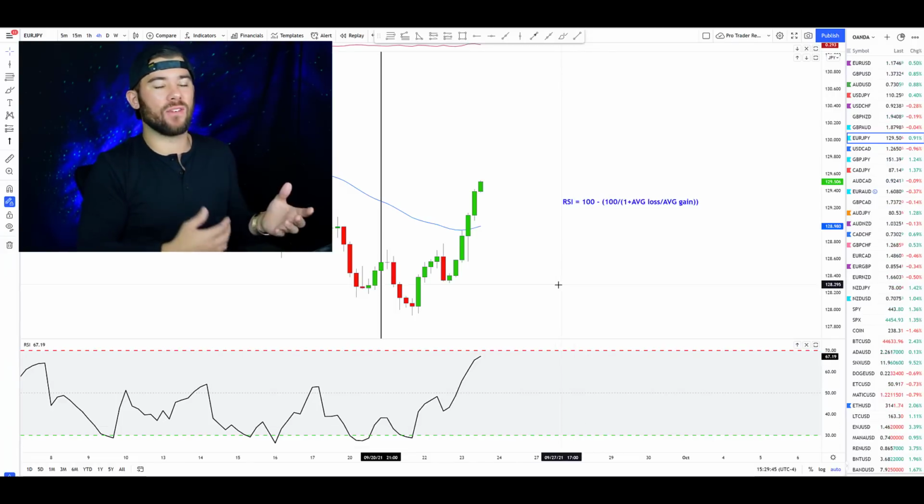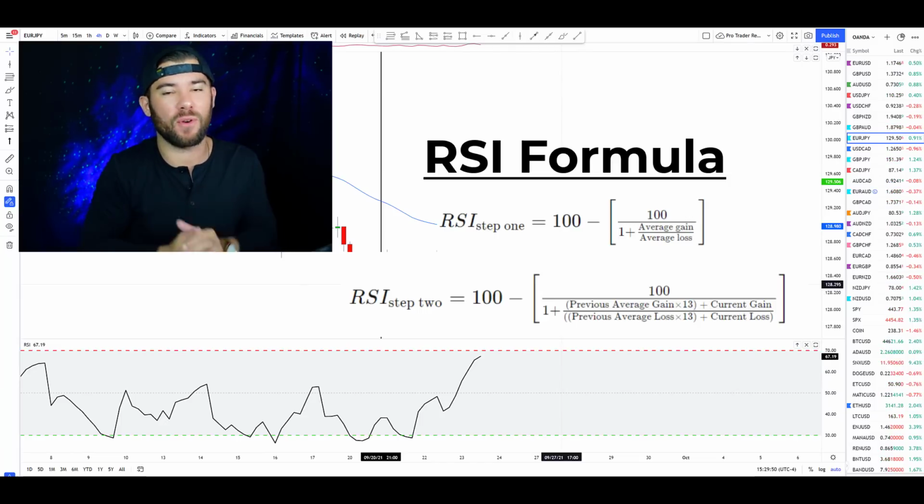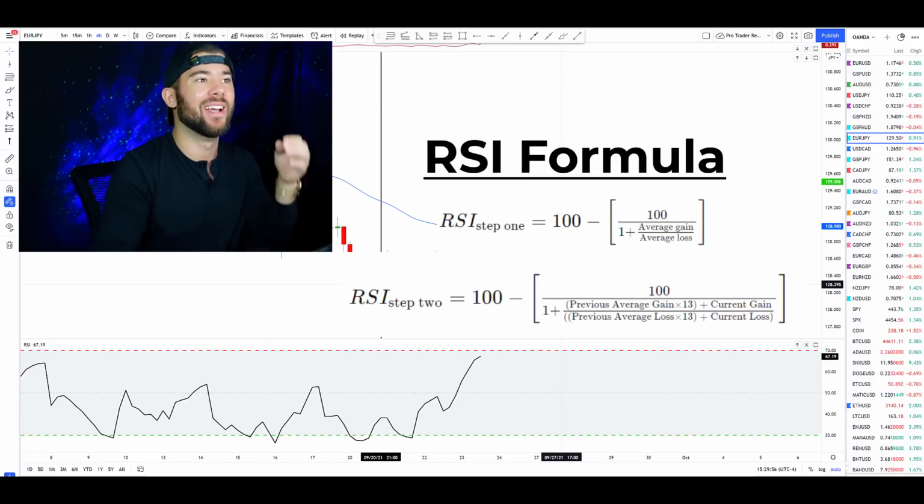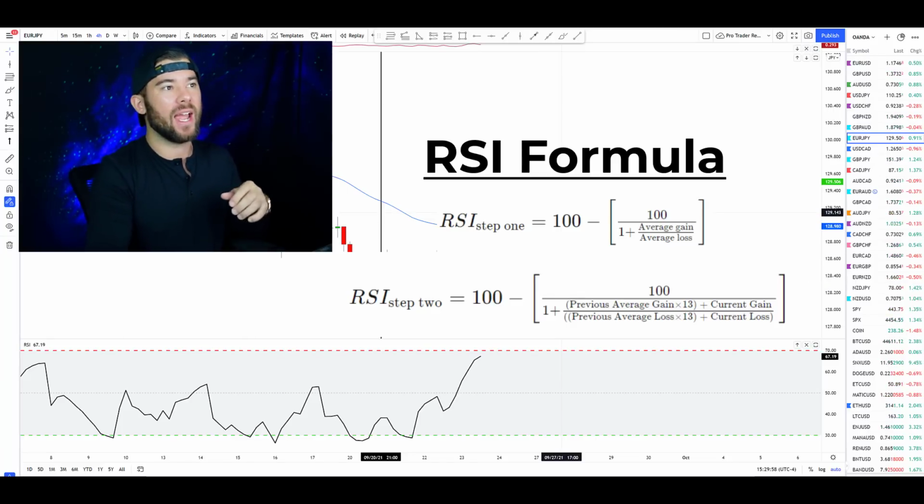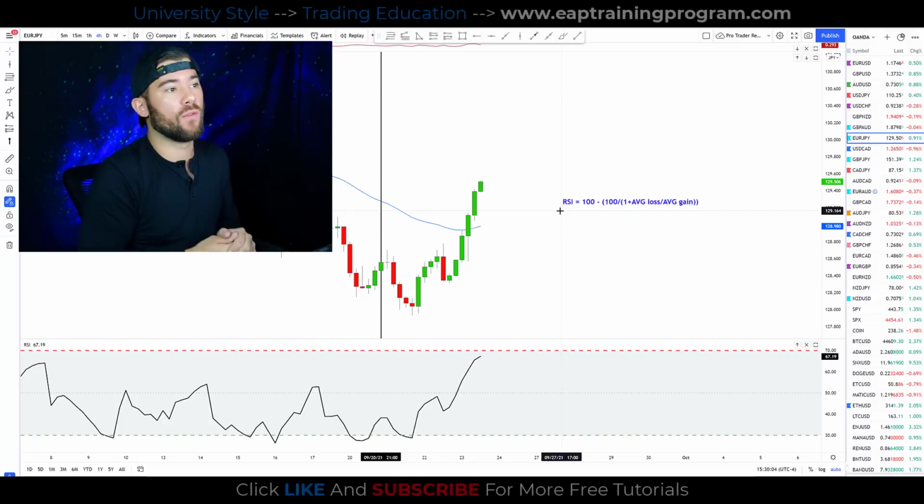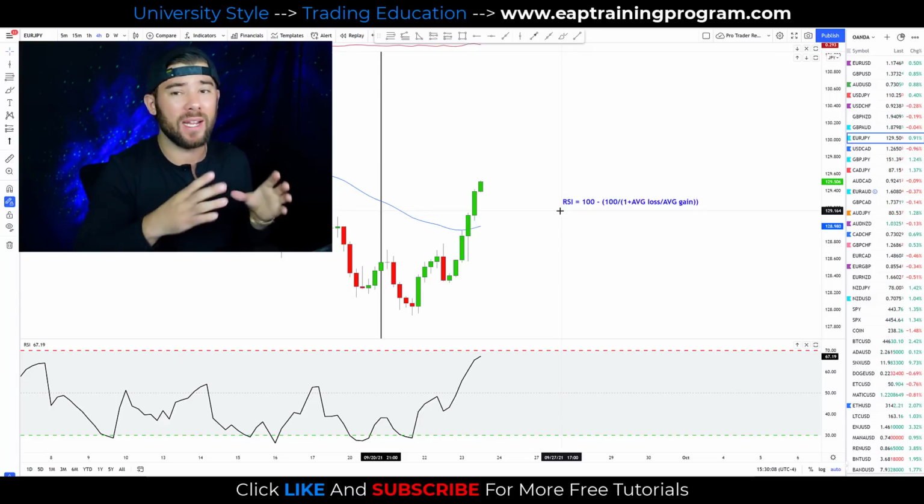So the math behind the formula for the RSI indicator can get a bit complicated. It's important for you to understand that you don't need to know this formula or be able to solve it out. You don't need to be a mathematician to use the RSI indicator, and you not knowing the formula will affect your trades absolutely none. But I do want to go over a brief overview of how the RSI is calculated in a very simple